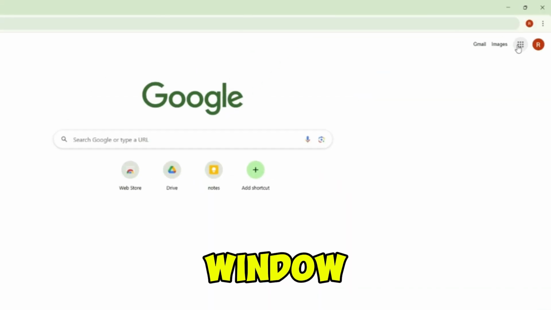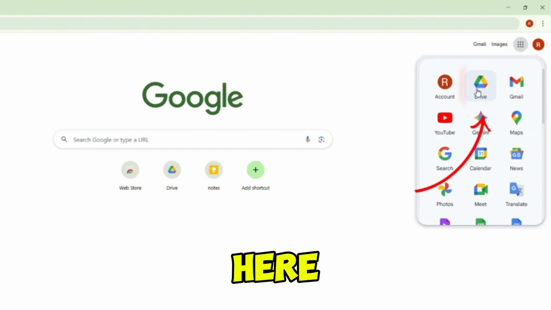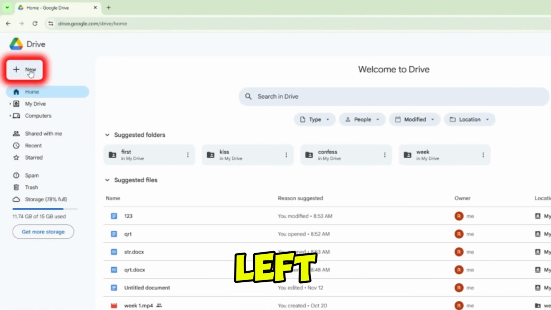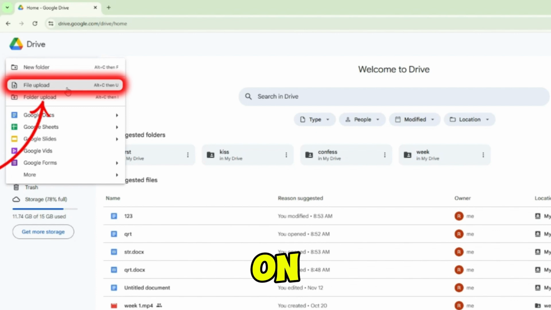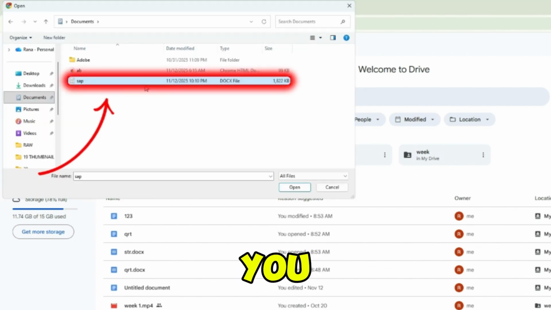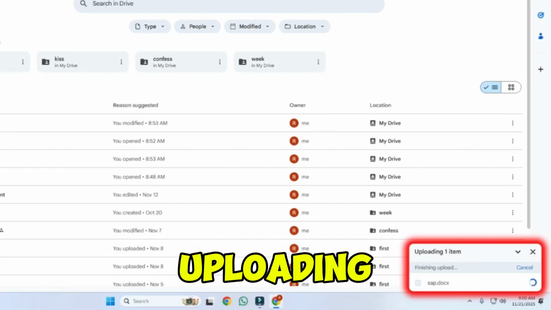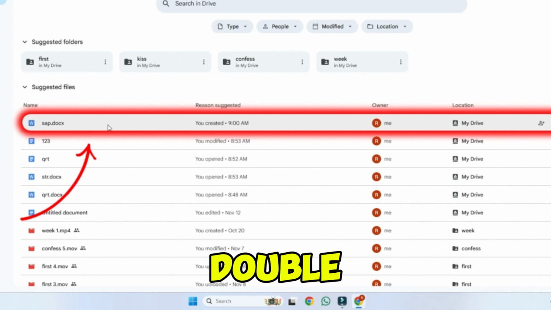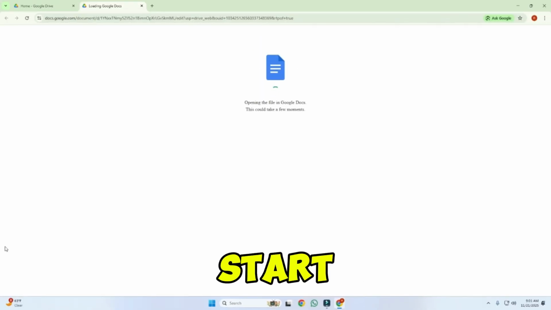From the Google window, click on the app icons and here click on Drive. Now here from the left side, click on New. Then click on File Upload and select the file you want to translate. It will start uploading. When it is uploaded, double click on the file and the file will start opening in